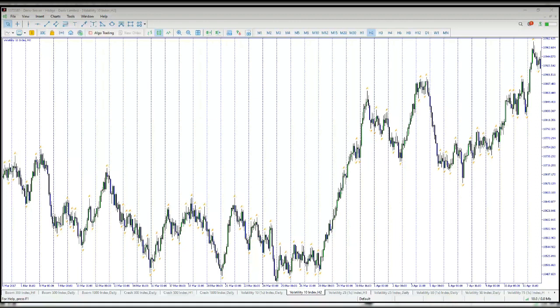Okay, why is this guy moving like this? Why is there a break of structure? Why is price turning back from where it's turning back from now? So these are the things that we'll be checking and seeing.